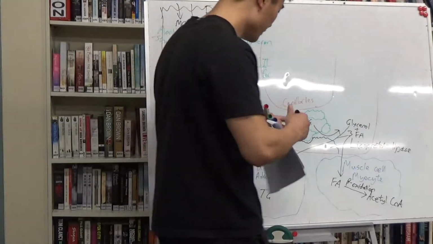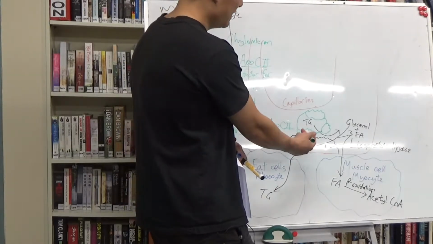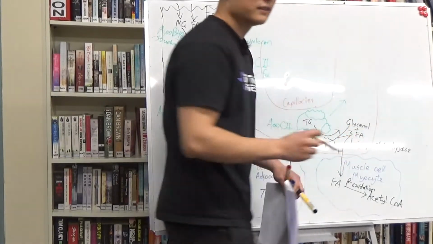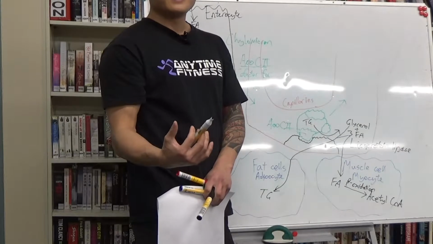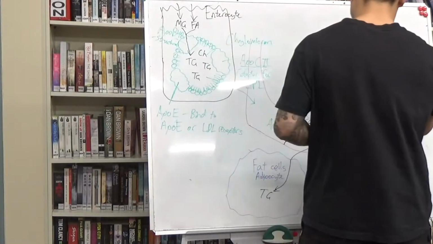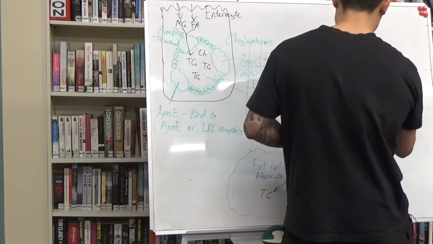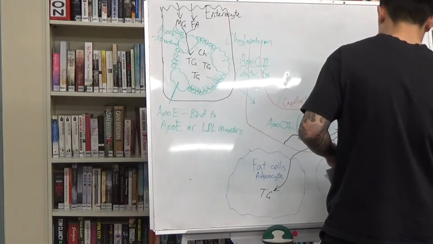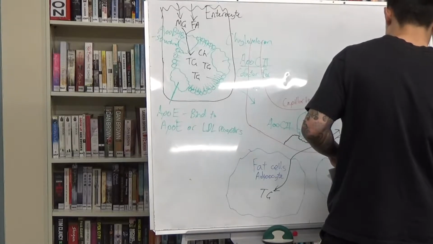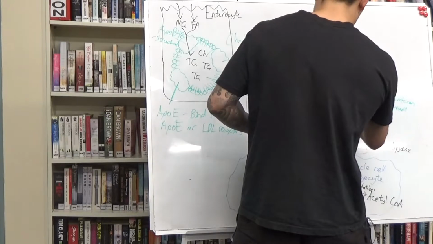Okay, so assuming that everything's all good, now it's been processed by lipoprotein lipase. Now what is it called? What does it become? So it's a chylomicron, and it becomes a chylomicron remnant. So it's a bit smaller now, and so this is a chylomicron remnant, and it's got,